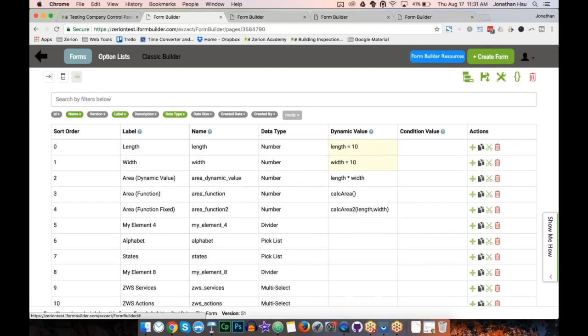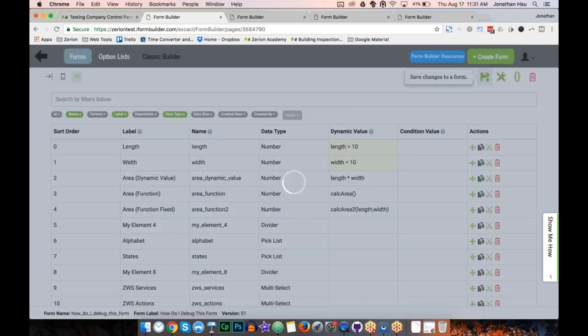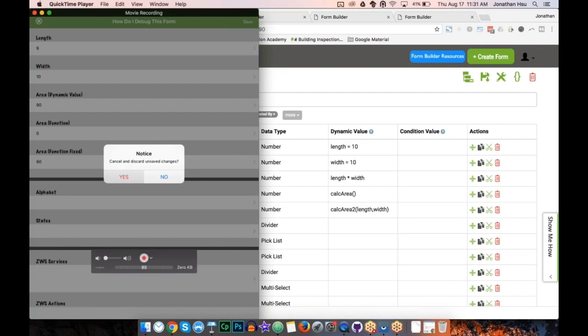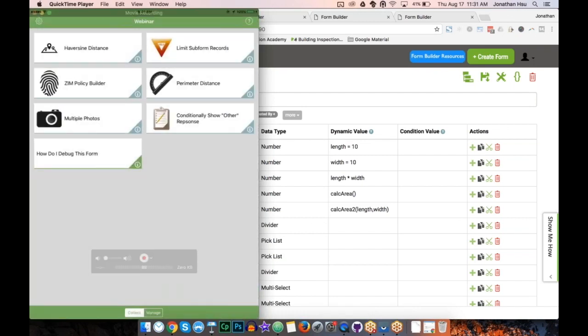My thought process here is I want to see if the function is actually doing the calculation correctly. When I have everything set to 0, I'm not sure if it's not working, or if it is working and 0 times 0 just happens to be the number 0. By giving these default values, now what I'm able to do, as I go back in here,